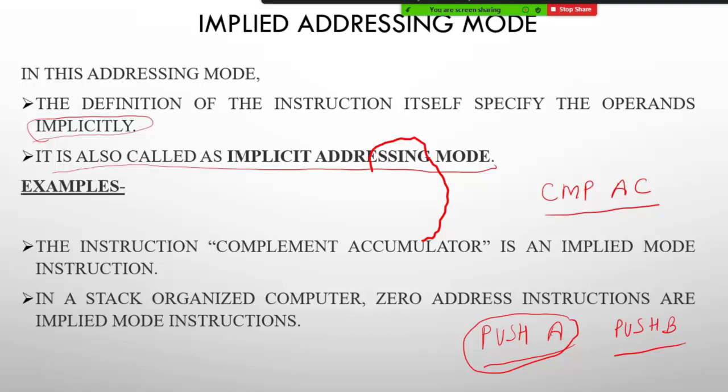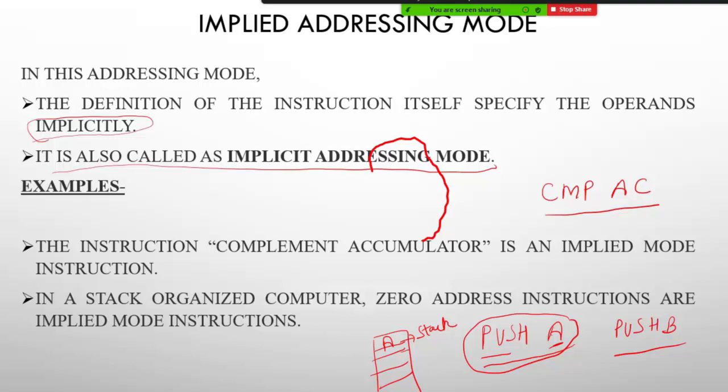Okay, so what is happening here? The value of A is directly getting stored on the stack. Now this is a stack. You can consider the memory structure as a stack. When you give the instruction push A, that means A will be stored at the top of the stack. This is a stack basically. So this is the implied addressing mode in which the instruction is of that type that it includes the operand in it. Here you can see the complement AC is there.